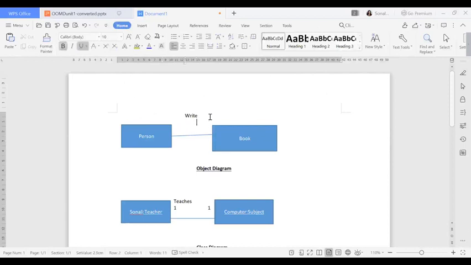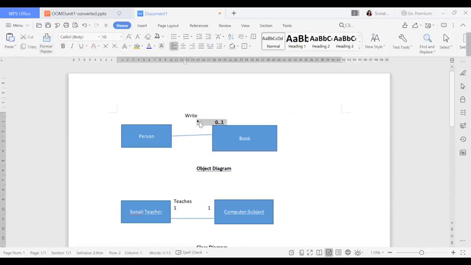It can say that multiple persons can write multiple books, or else one person can write one book, or else many books can be written by the person. So how are you going to find out the relationship? I will give here the star, and the relationship will be 0 to 1. Fine, this is my relationship.